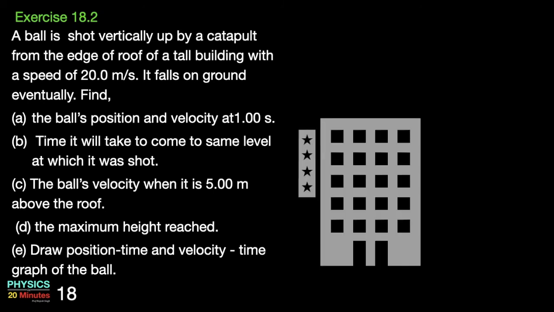We have a tall building. The ball is thrown from one edge of the building. So ball is thrown up. The ball goes up and then comes down. We assume that it does not hit the building, but it shifts slightly laterally and then falls on the ground. This slight lateral shift we can always ignore, and we assume the motion to be along one vertical line. We take the edge of the building's roof as the origin and we draw our x and y axis. The highest point is the point at which the ball's velocity is reversed.